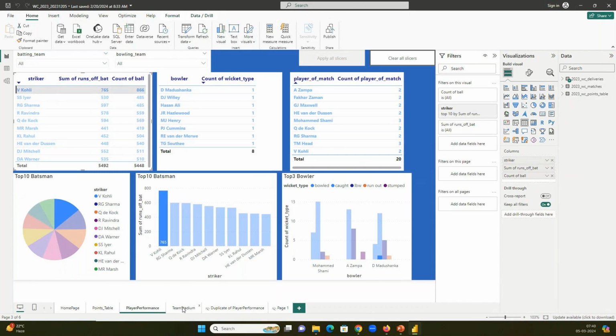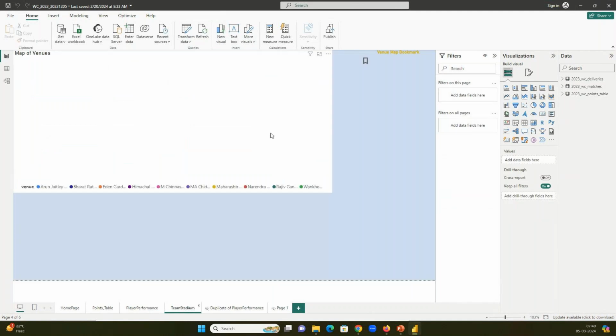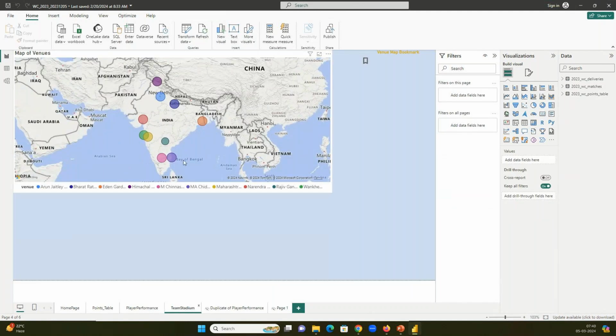And if you see how many matches have been conducted in different venues, the matches have been played in,